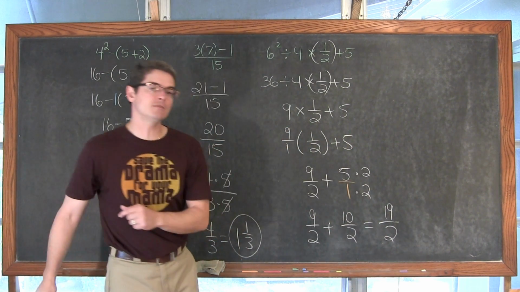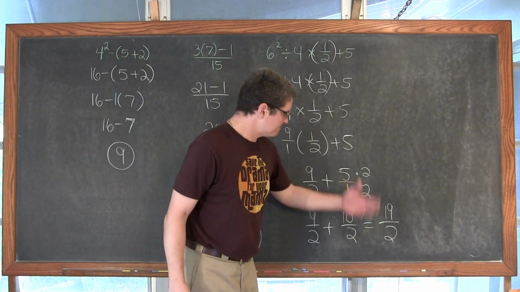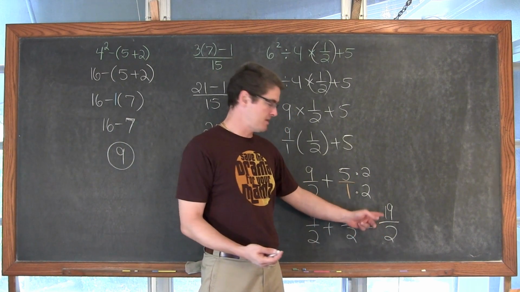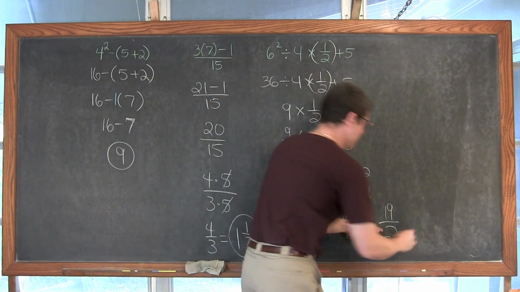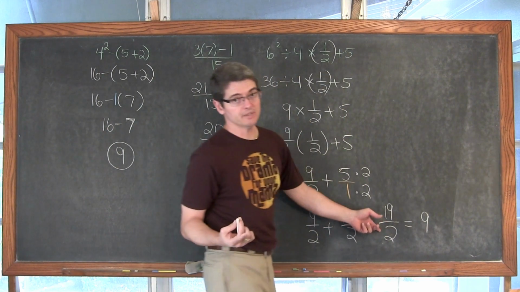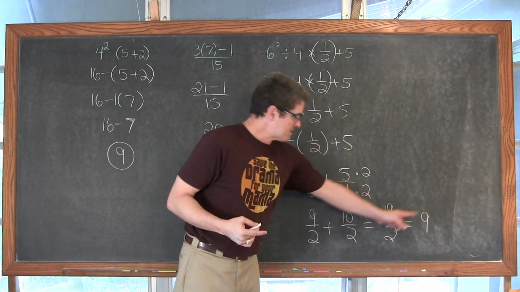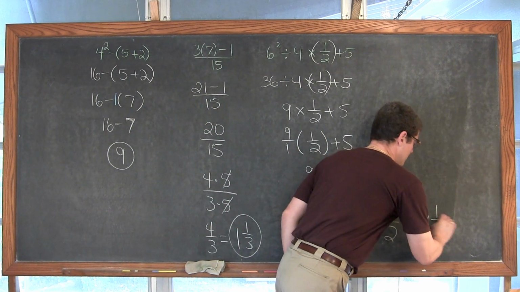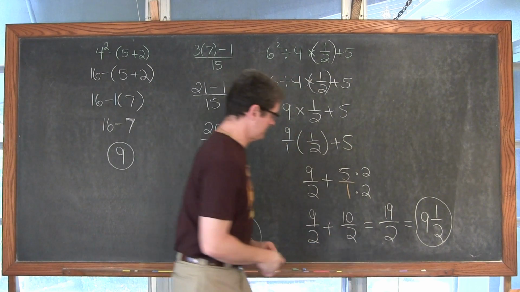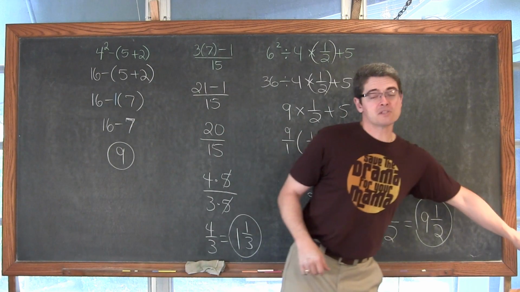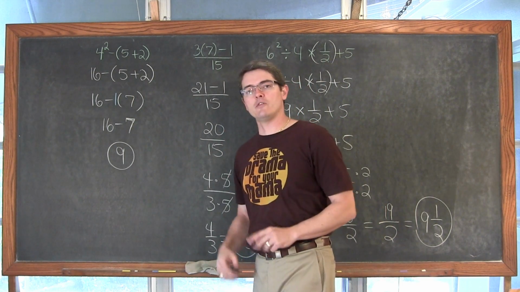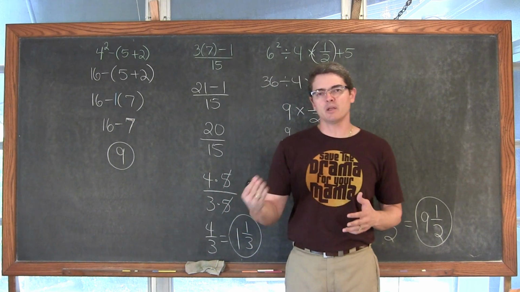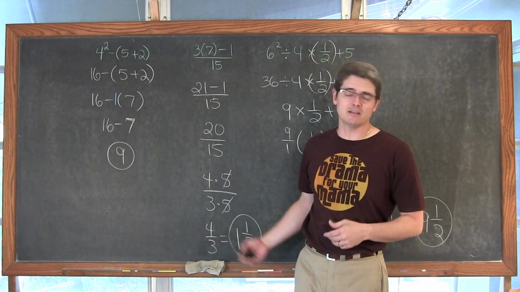That's our improper fraction. If you want a mixed fraction, well, 2 times 9 is 18, which is almost 19, so 19 divided by 2 is 9, sort of. Well, 9 times 2 is 18, so 19 minus 18 leaves a remainder of 1/2, and there's our mixed fraction. Alright, I've got 4 examples coming up. They are going to involve starting with an algebraic expression, which I'm going to give you some values to plug into, and then finish them up looking a lot like these problems.